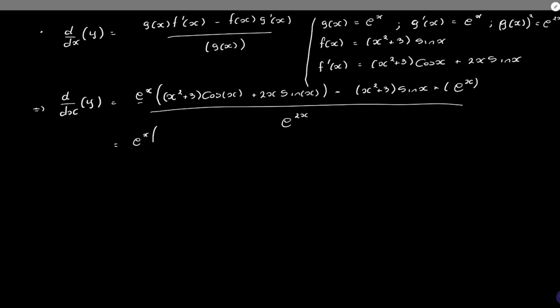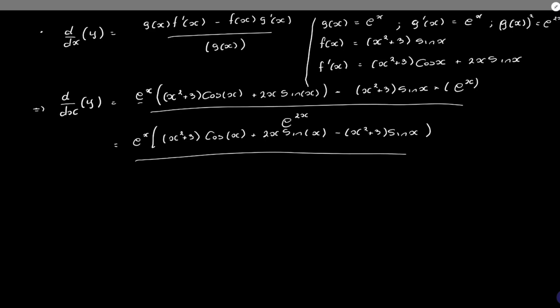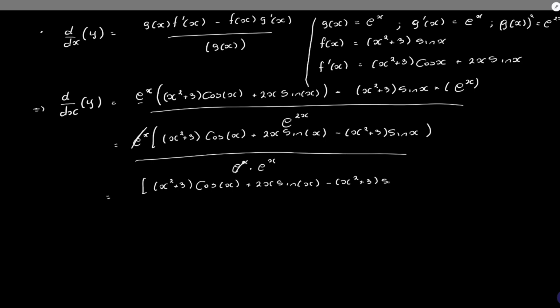So this gives us e to the x in brackets, (x squared plus 3) cos of x plus 2x sine of x minus (x squared plus 3) sine of x, divided by e to the 2x, which is e^x times e^x. One e^x can cancel one of them, leaving us with, we then simplify this, (x squared plus 3) cos of x plus 2x sine x minus (x squared plus 3) sine x,